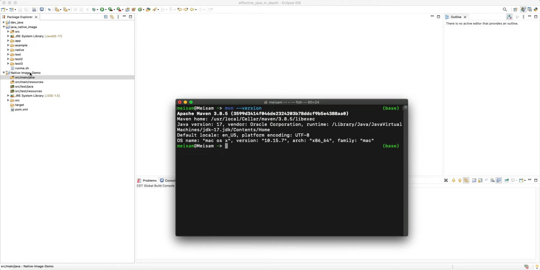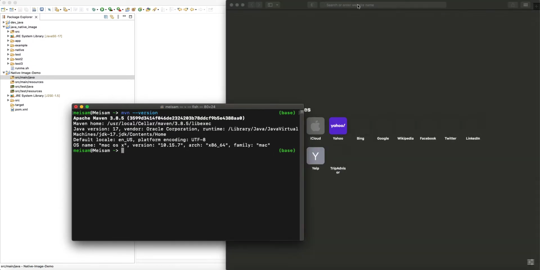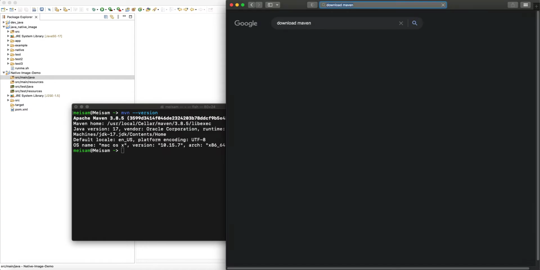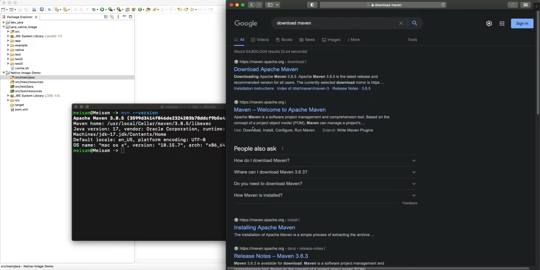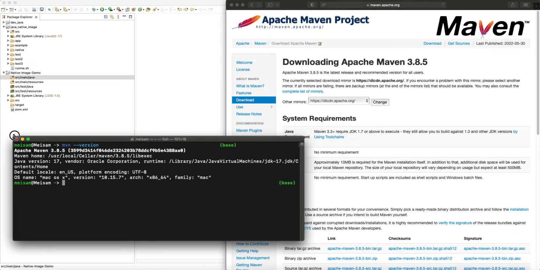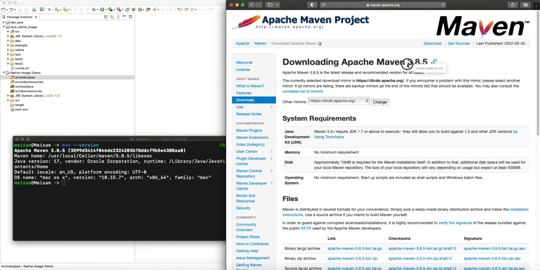And usually IDEs like Eclipse have a nice graphical view of what's going on, what Maven is doing. So I have installed Maven on my computer, Apache Maven 3.8.5. Let's quickly open up a browser and see what is the latest version of Maven. So let's say download Apache Maven. Maven is a project maintained by the Apache organization, and the latest version is 3.8.5, which